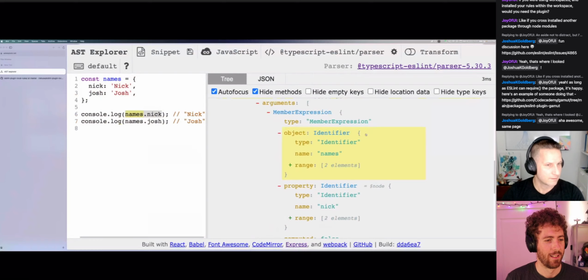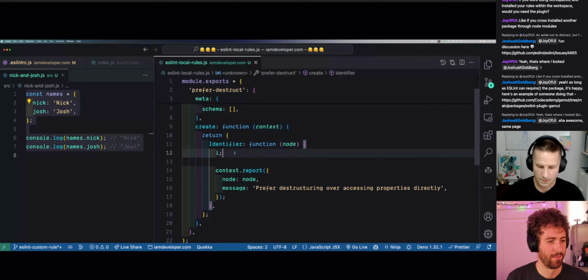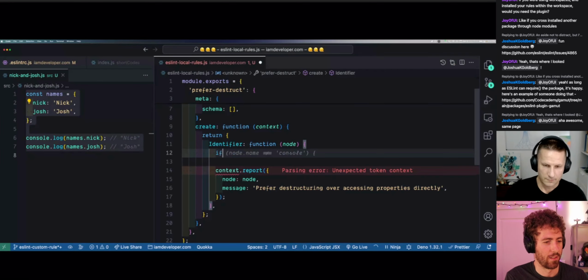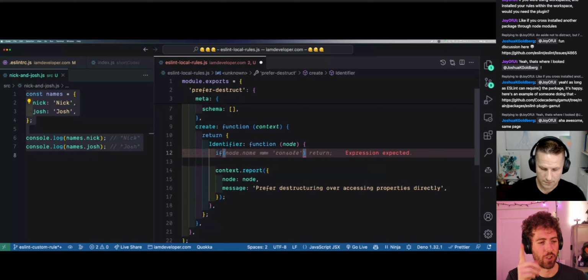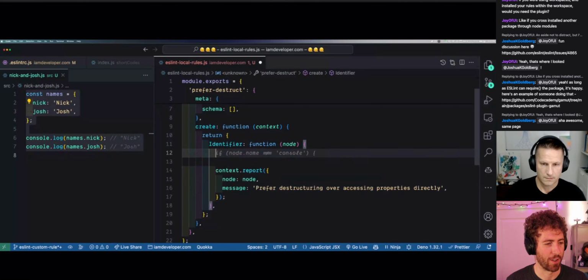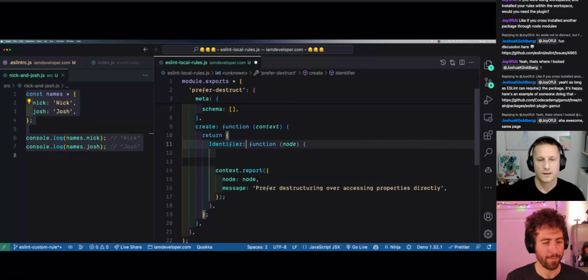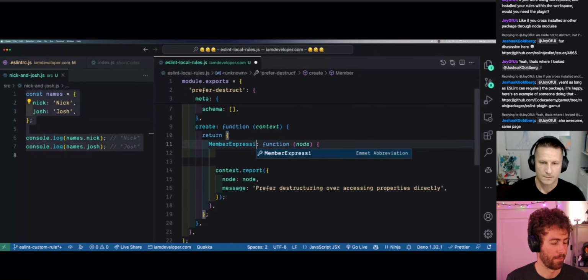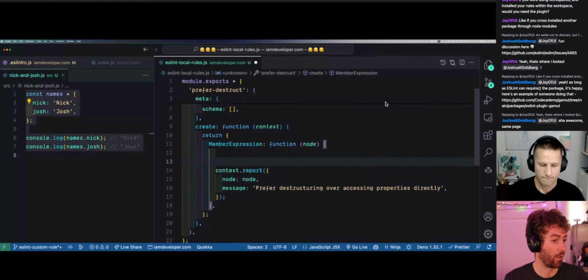All right, so let's come back to VS Code. So you want one line up to change from identifier to member expression on line 11. Oh, okay. I see. I don't even need to do if node.type. It's okay. It's like a CSS query or selector. Okay, is that right? And now if you were to rerun the rule, actually, I would highly recommend just restarting